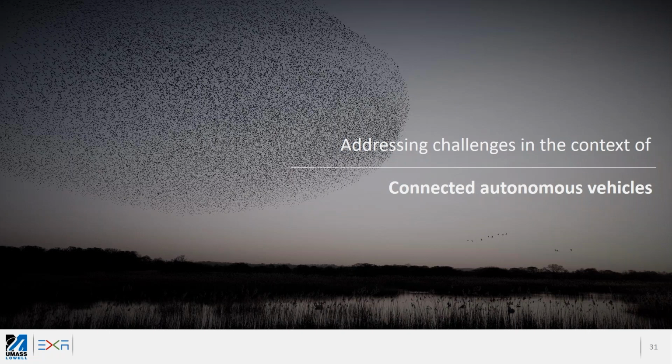All right, so I guess this was a good breaking point to put in that comment. Okay, so we talked about two different challenges. We talked about macro state estimation, and we talked about top-down control in the context of robotic swarms. Now we look at two other kinds of challenges that we are focusing on with regards to complex systems in the realm of connected autonomous vehicles or self-driving vehicles. And then the question again becomes, why are we talking about connected autonomous vehicles? And we're talking about this because the